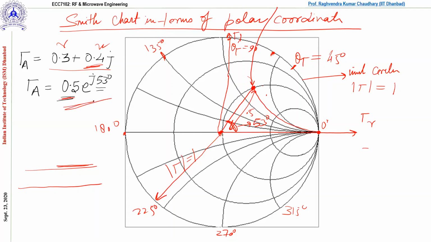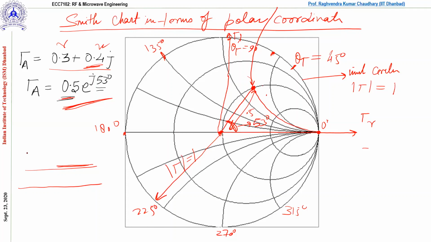Otherwise you can do it like this also. In many cases, you will be observing in the coming classes, that we have to play with the polar values, okay? We have to mark these things, because when we are doing the matching, like single step matching or double step matching, many times we have to change the angle and all those things. We need to shift the whole gamma circle to another angle. So that time we'll be using this fact. That is why I thought this should be